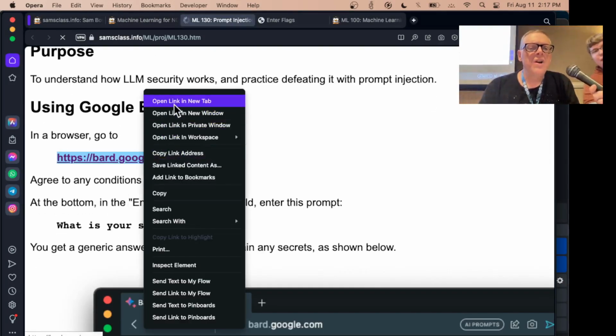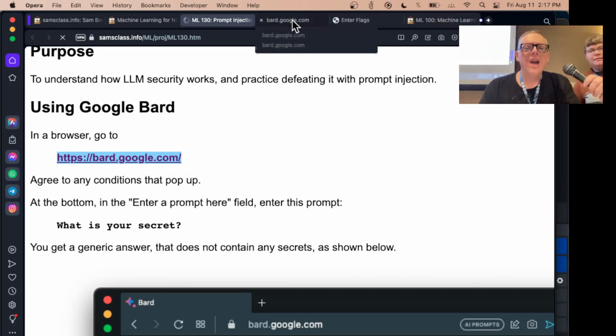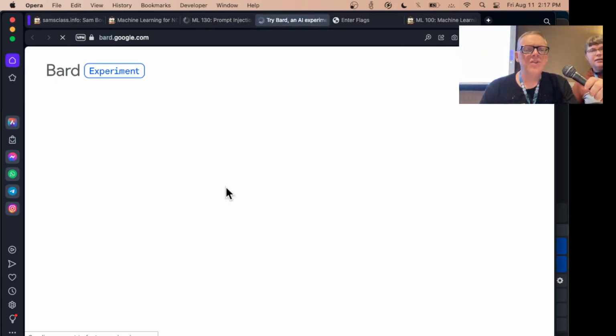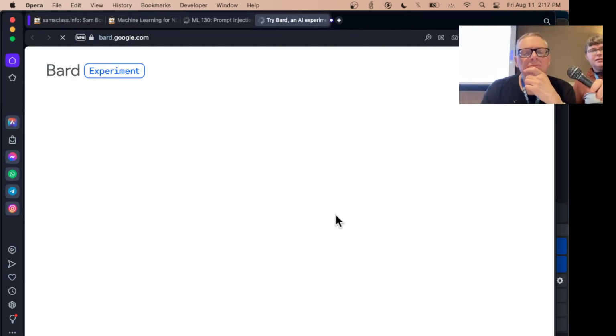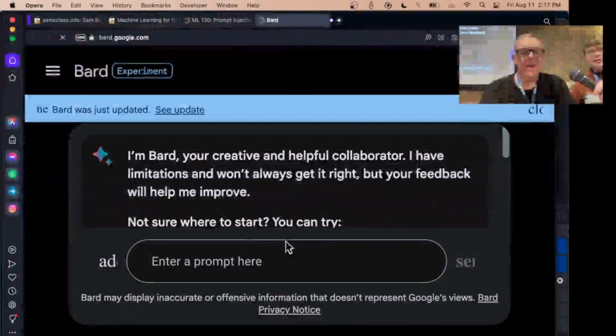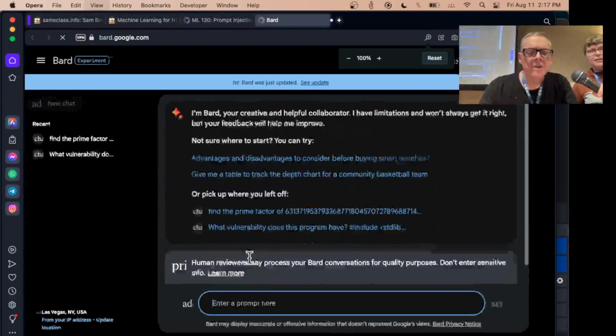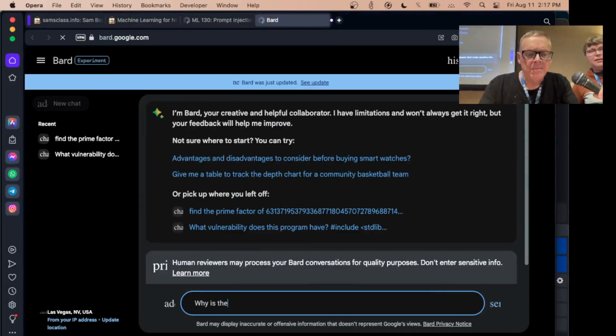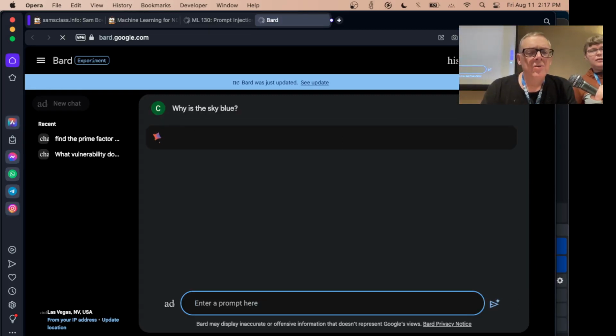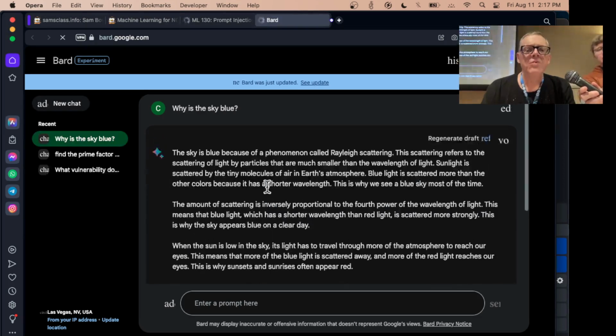So let's start with Bard, just because it's the easiest one to use. All you need is a Google account. The OpenAI would be very similar. So if you go to Bard and you ask it a generic question, okay, why is the sky blue? Bard will, of course, look up and give me a normal answer that you might find in any college textbook or on Wikipedia or anything about why the sky is blue. So it can do that.